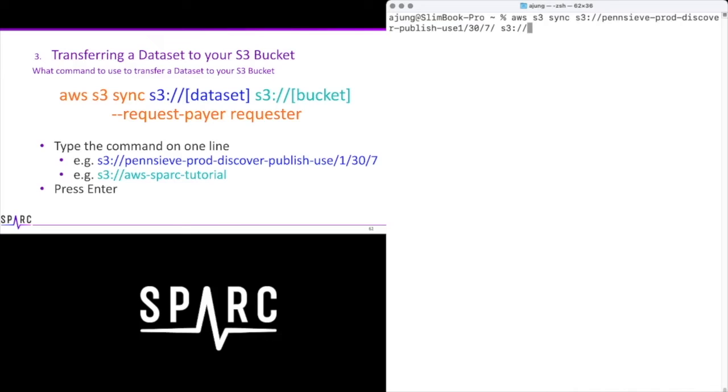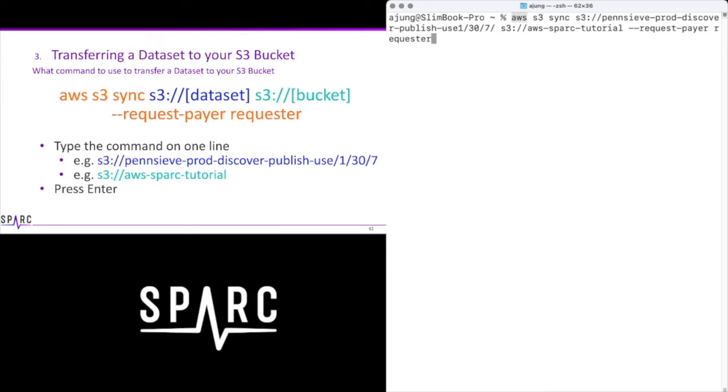AWS S3 bucket called spark-tutorial, followed by --request-payer requester.